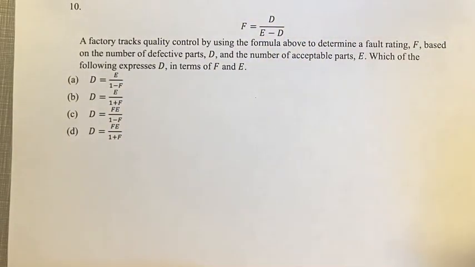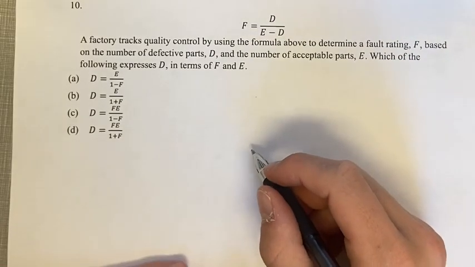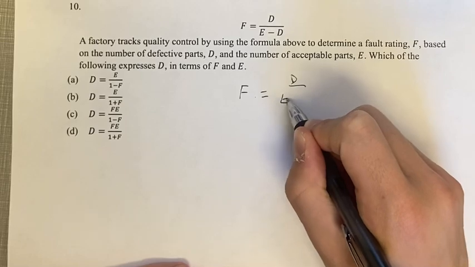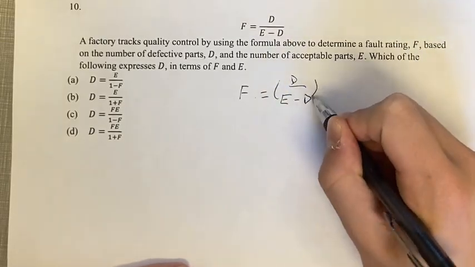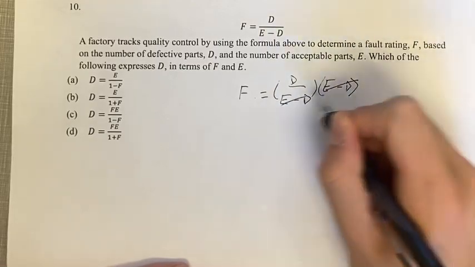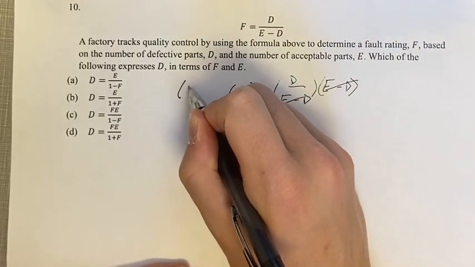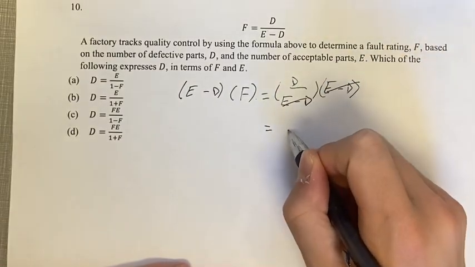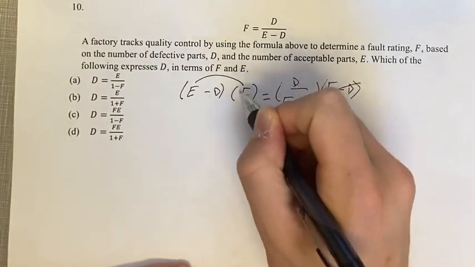So to do this, we're going to have to take this equation and we're going to solve for D. So F is equal to D over E minus D. Let's multiply times E minus D to get rid of the denominator. Of course, that means you have to do it on both sides. So on this side, we're just left with D, and this is equal to distributing EF